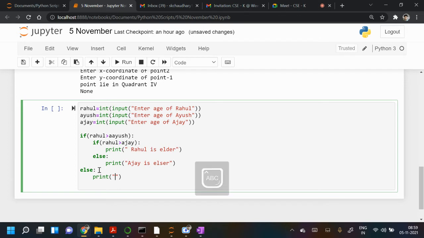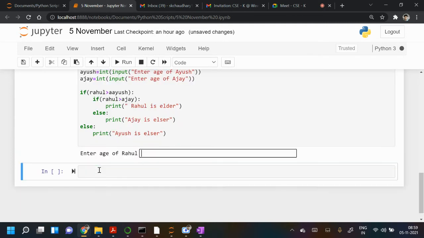So print, in another way, I use will be. So let's check, is it working or not? I have done some mistake or something else, let's check. Okay, let's take Rahul.